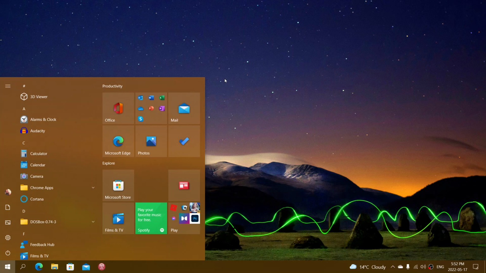Some of you, depends who you are, some of you like the live tiles. I know that some people moving to Windows 11 said that they are missing live tiles. I personally liked them at the beginning, but as time went by, I didn't really take care of watching anything on the live tiles, so I don't really miss them. But the fact that you can customize way more the Start menu in Windows 10,